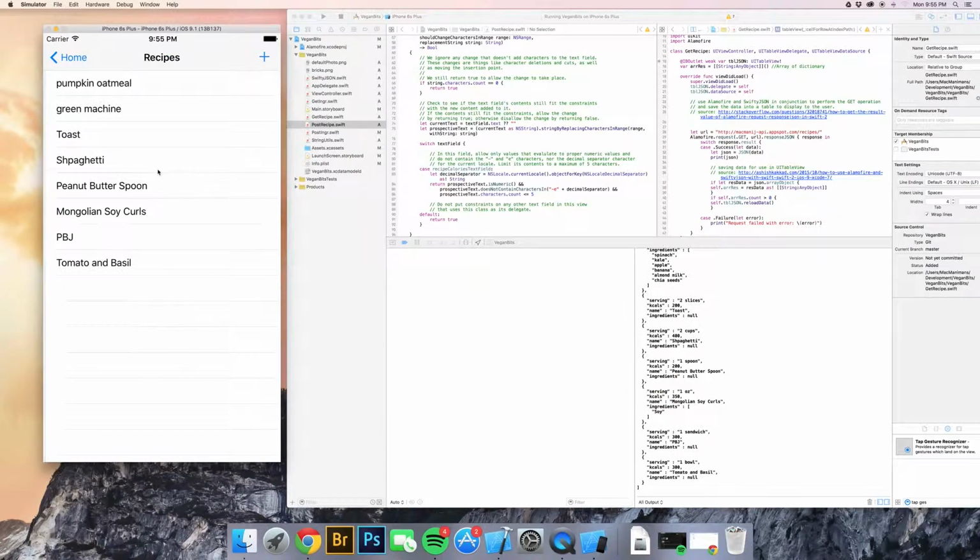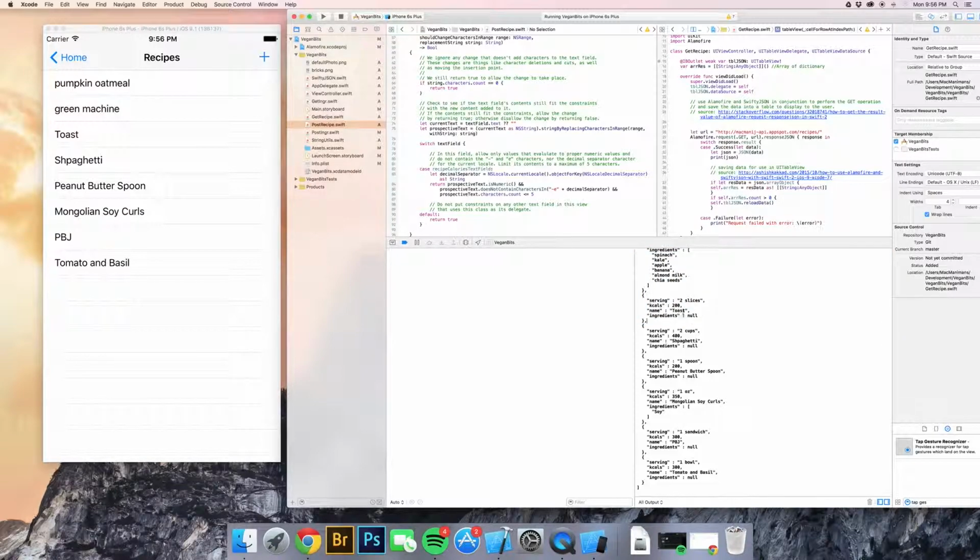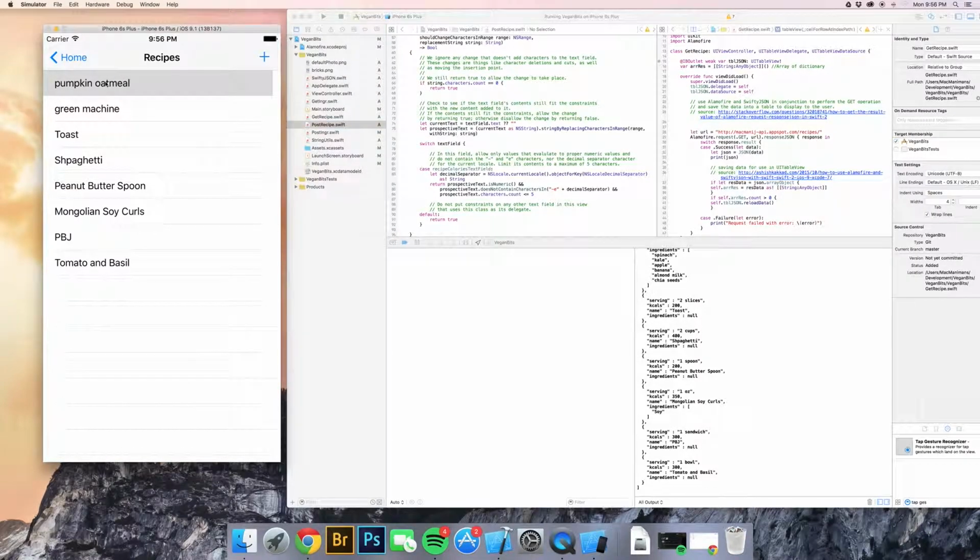So if we click View Recipes, we'll come to this page that performs a GET request and grabs all the recipes from the database and returns them in this list format. And we can also see in our terminal over here that it does return the data in the correct JSON format. And over here in the list, I've only chosen to display the name, but it does